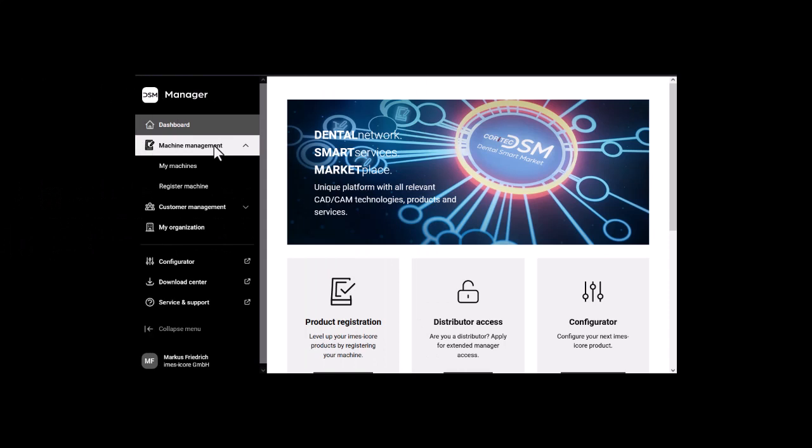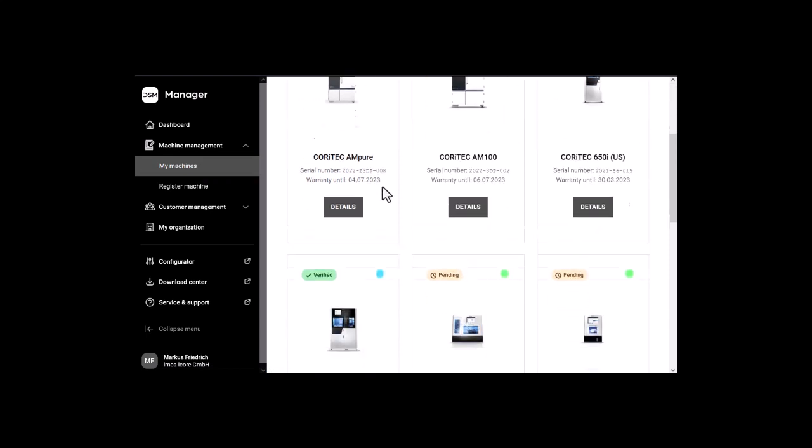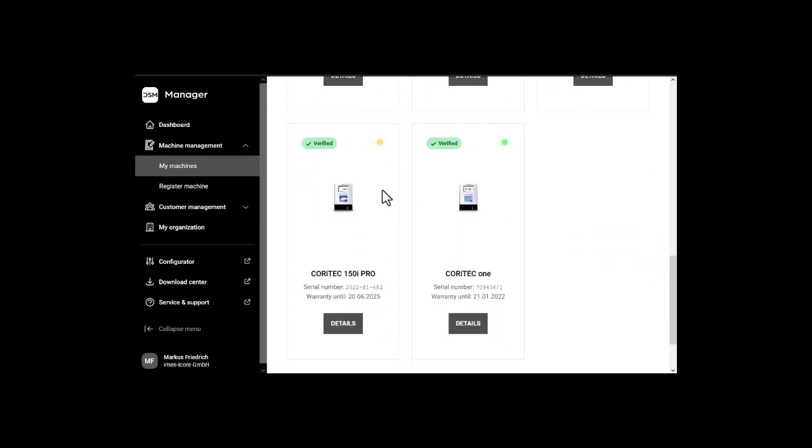The Dental Smart Market provides an overview of your entire machine park within the My Machines area. Every machine that you have registered will be listed here so that you'll have an advanced machine management tool. A machine not registered by you as the end user will not be shown here. The serial number of the machine and the expiration date of the warranty are important data that you can already